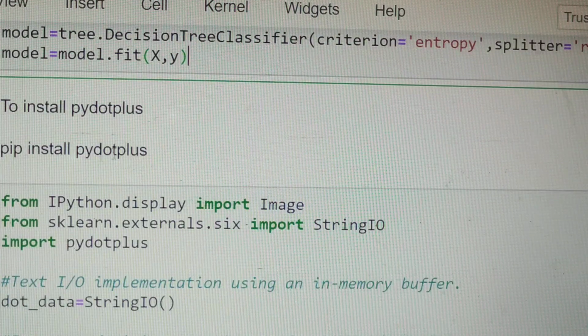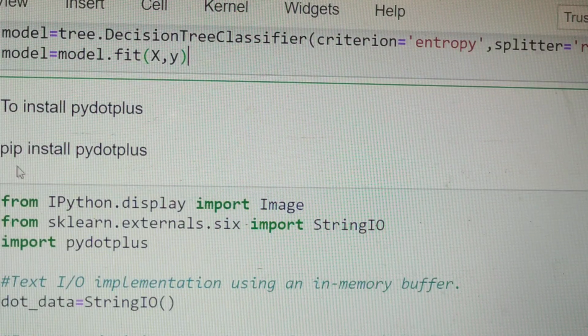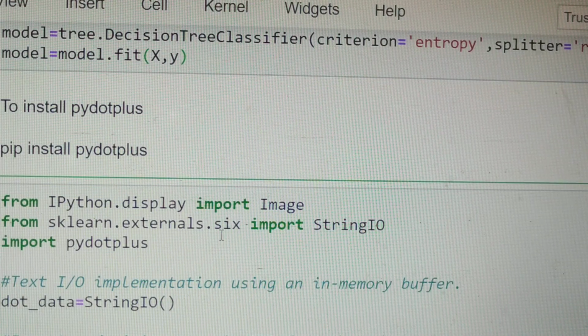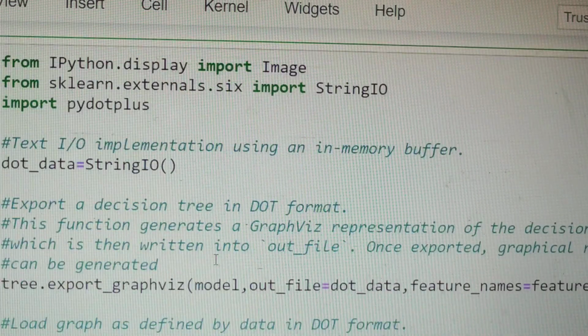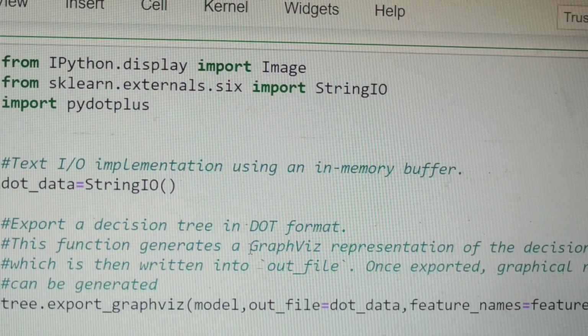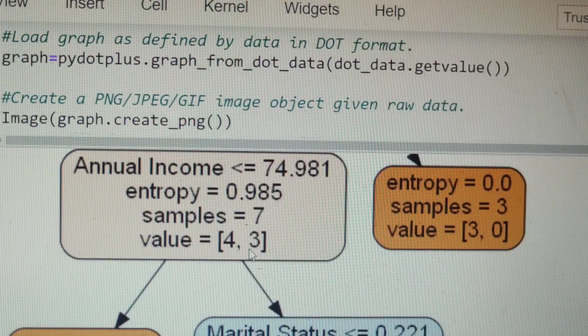Next you have to install pydotplus using the command pip install pydotplus, in your Anaconda if you are using Anaconda. So in the Anaconda prompt you can do it. Okay, next what we are going to do is draw the graph of this. You have to draw the tree.